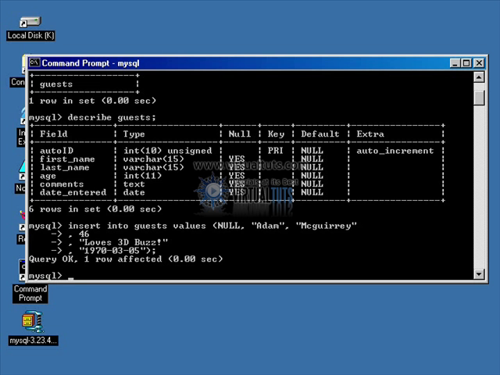Now what we need to do is actually see this data inside of our table. So here's how we do it. Get ready for this one. We're going to use a command that is called select. The select command is one of the most popular commands used inside of MySQL, period. Here's how it works. We're just going to say SELECT * FROM